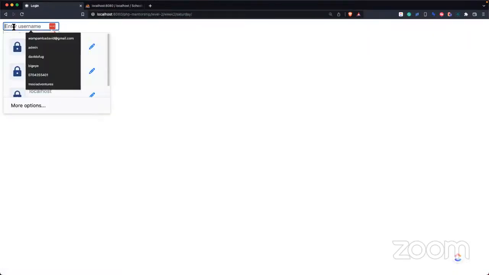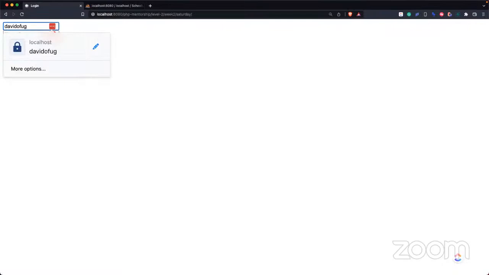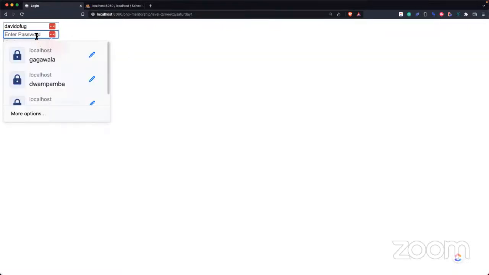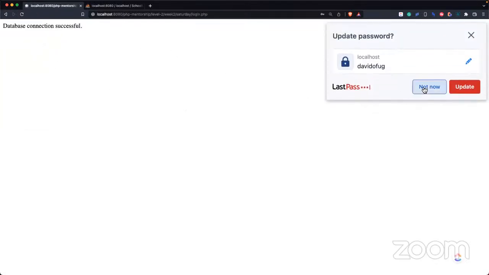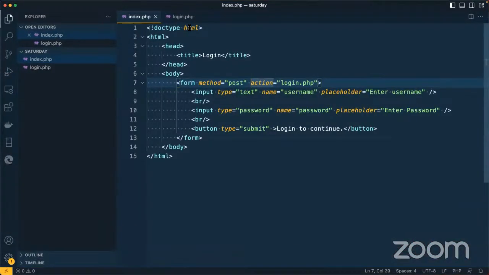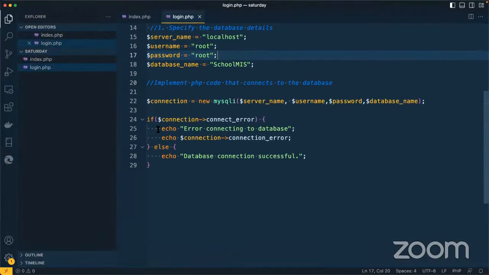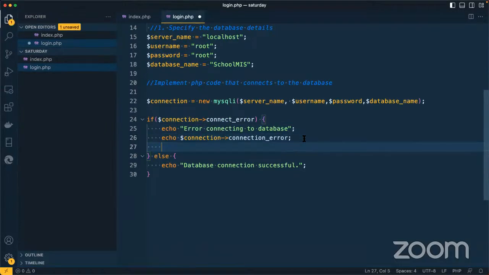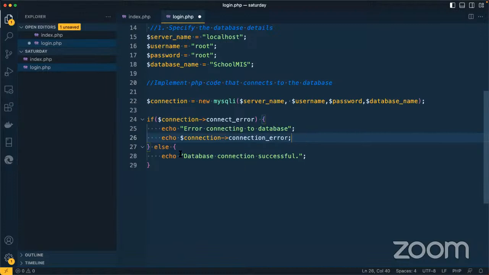The index looks like this. So if I enter david.vug, if you remember, the password was 123456. Log in to continue. So once I click that, the action is engaged and we get "database connection successful", but this doesn't mean that we've logged in. Okay, so to log in, here in the else